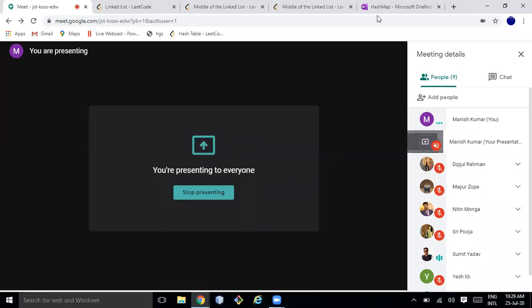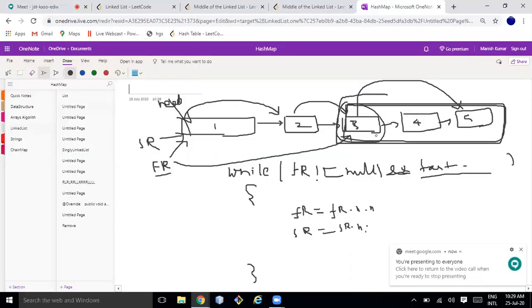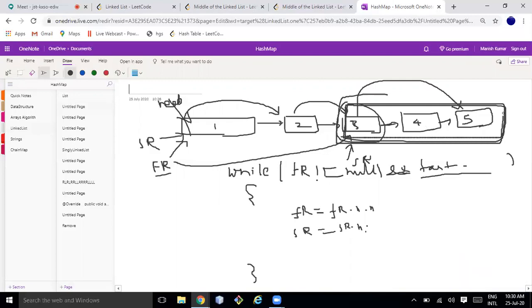So Manish, why 4, 5 also? The value is 3. If you are pointing to this 3, this is slow runner, but this 3 has a link to 4, and this 4 has a link to 5. So if you are printing any node, it will automatically print the rest. This is suppose one sub list, so it points to the next, so it will be pointing to 3, 4, 5.